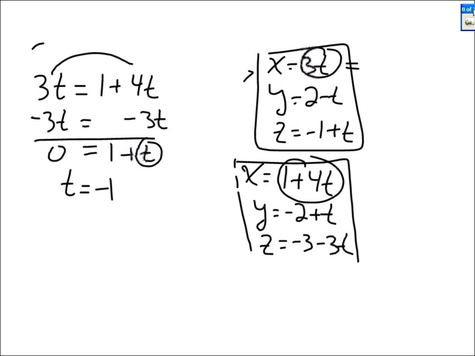When t is negative 1, the x value is 3 times negative 1 or negative 3. For the record, 4 times negative 1 is negative 4. 1 plus negative 4 is negative 3. For the 2 points to be the same, the x values have to be the same. Now, if t is negative 1,